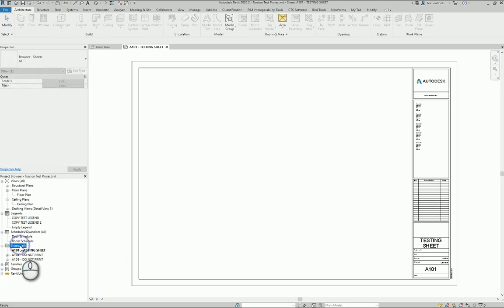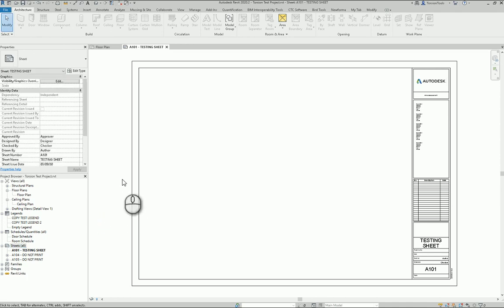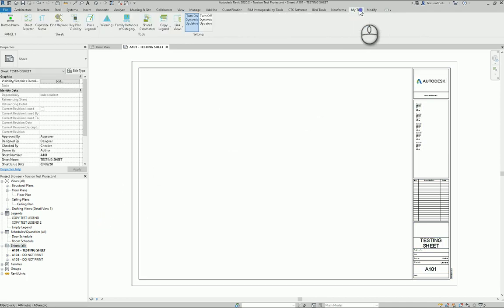If you do not want that on while you're adding sheets, then on the tab up here, there's now a settings panel. On that panel, there's turn on dynamic updaters and turn off dynamic updaters. This is a version of a radio toggle, so that's another feature that you can use if you'd like to. It's going to start off on,